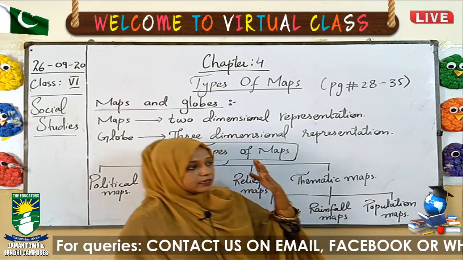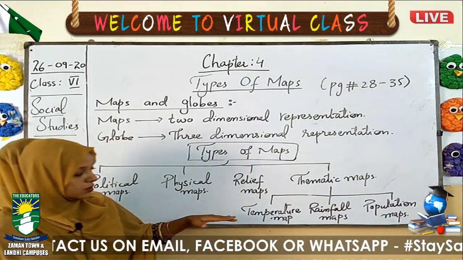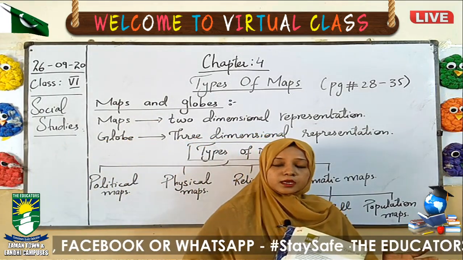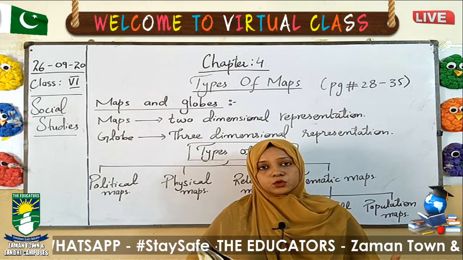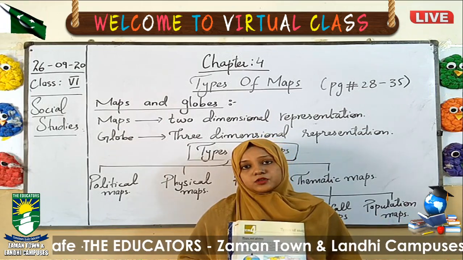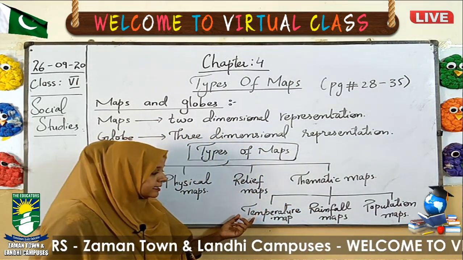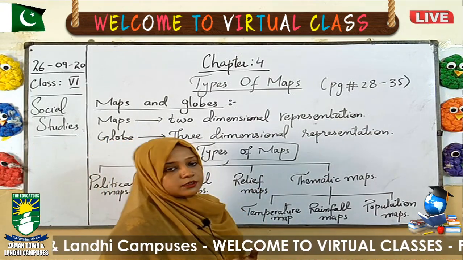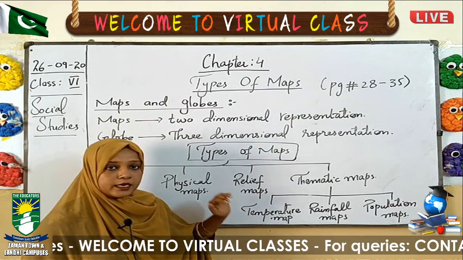As we had discussed in the chapter on climate change, because of their position on the earth, countries face different climatic zones and different temperatures. Which maps will show that the polar countries have such a type of temperature, and the countries located near the equator have such a type of temperature? Obviously, we can highlight it by using the temperature maps. Which countries are very cold, which countries are dry, which countries are very hot. These all are indicated by the temperature maps.